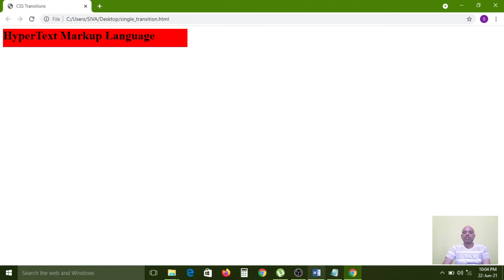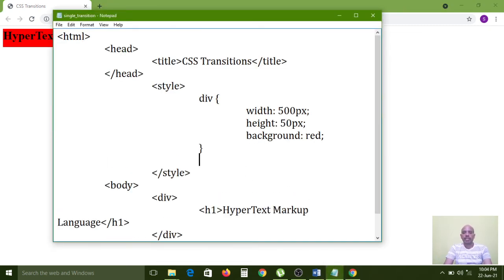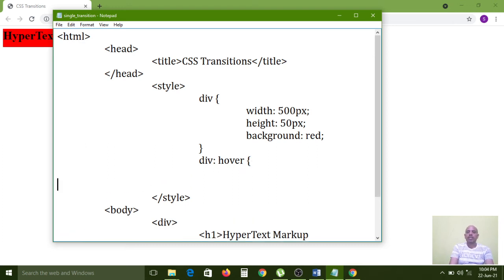Okay, right. Now we need to apply the transition effects. So for that, div colon hover. Now I am defining the width property.